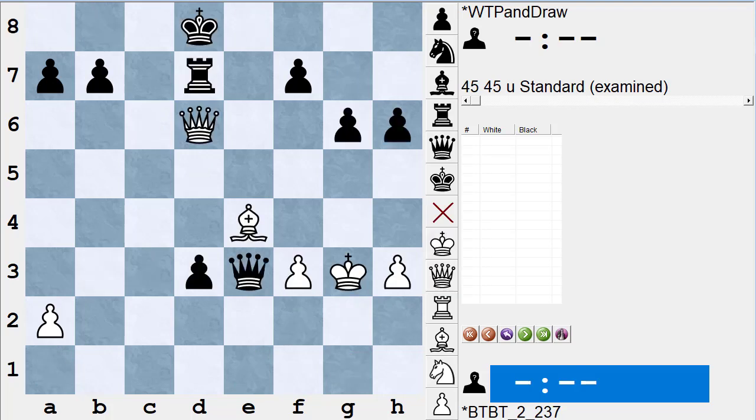391. This is white to play. And again, if you want to play along with the video, you can put it on pause and try to figure out what you would do. Okay, well, the first thing we want to notice in this puzzle is if we count the material,